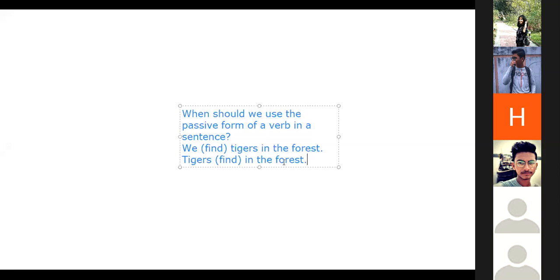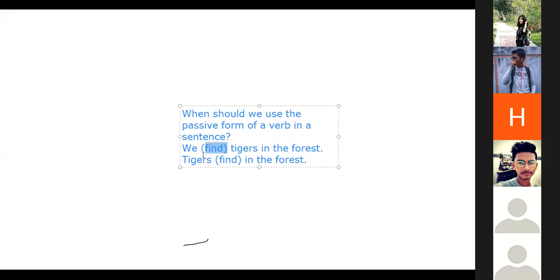Voice is a form of a verb. By is not important in active voice or passive voice. The form of verb is very important. What is the definition of voice? Voice is a form of a verb. This is very important. Verb কি ফর্মে আছে সেটা আমার বুঝতে হবে, তাহলে আমি বুঝবো যে আমার অ্যাক্টিভ করতে হবে নাকি প্যাসিভ করতে হবে।